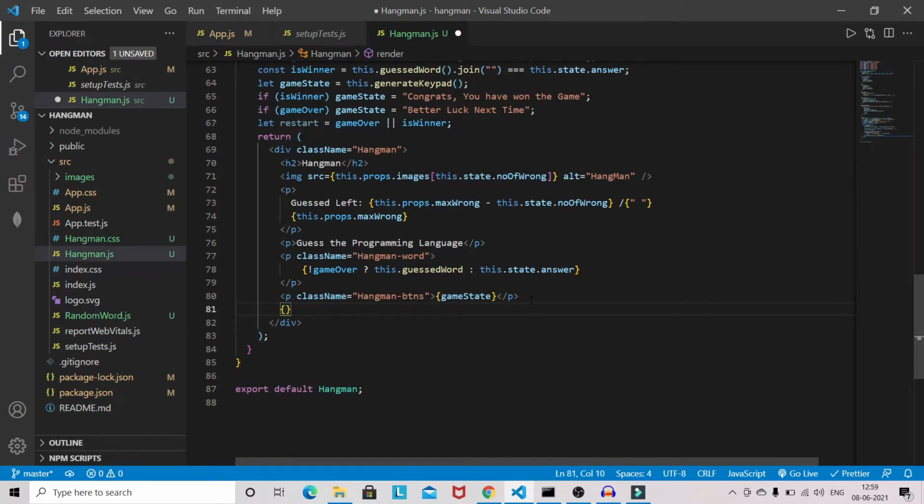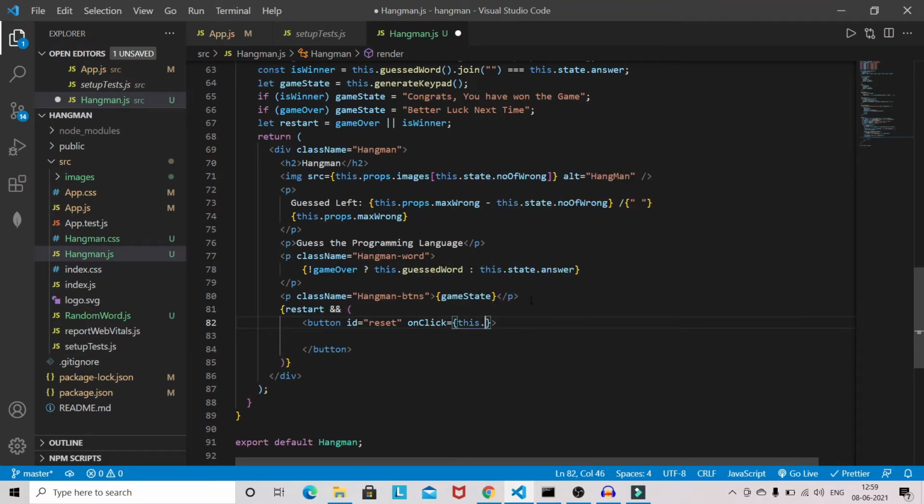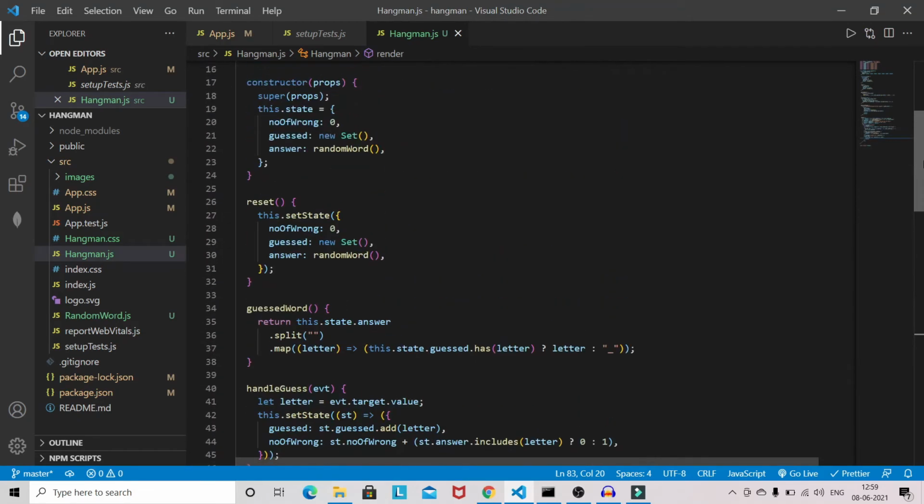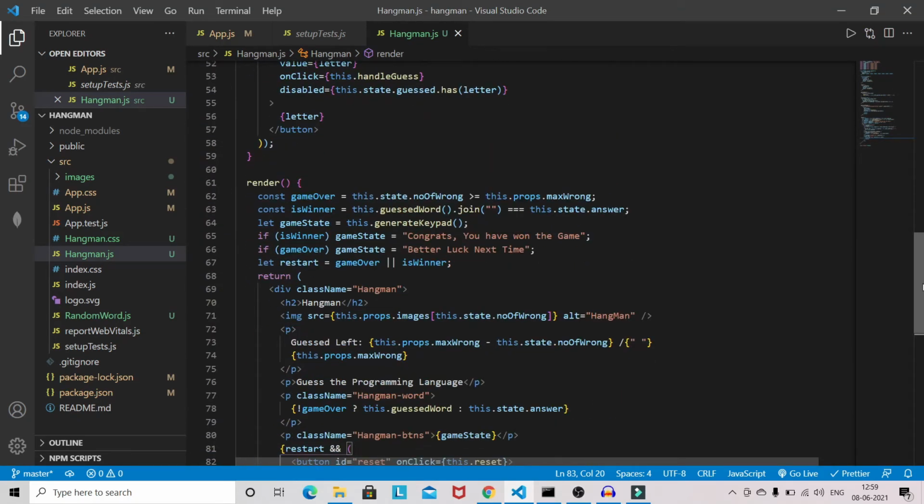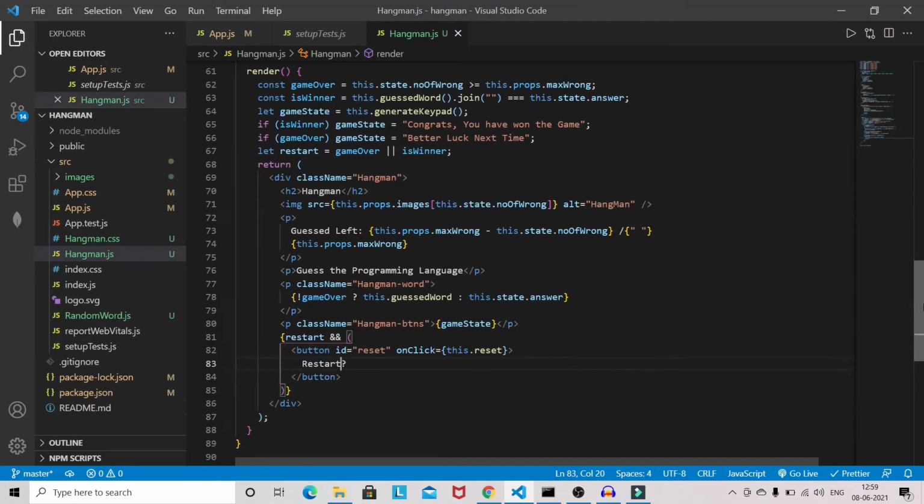So I will use that restart, and I will give ID reset and onClick this.reset, and the button name will be like, do you want to restart? So that's why we have a question mark.